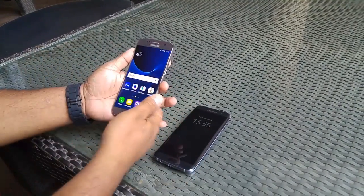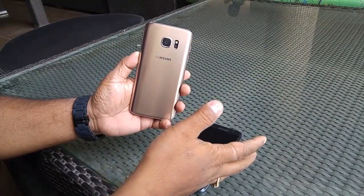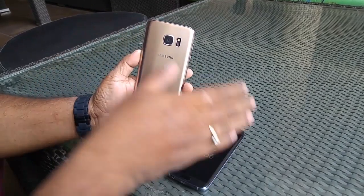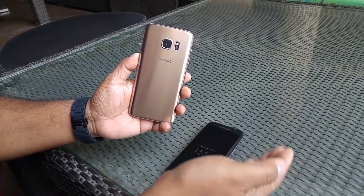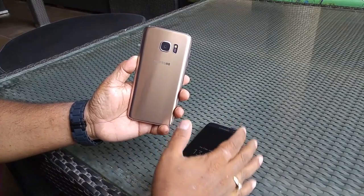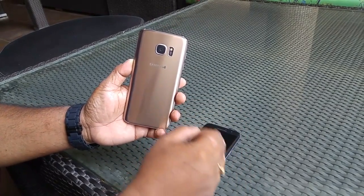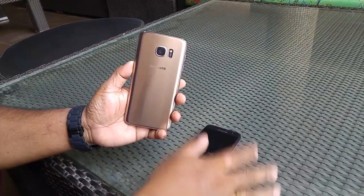A 5 MP front camera and then a 12 MP back camera. Now note that the previous Galaxy S had a 16 MP camera. This one has 12 MP. They trimmed down the resolution because they made the pixels bigger, 1.4 microns. It also has a slightly bigger sensor size, 1/2.6 inch, and the same f/1.7 aperture. It's a very fast aperture both on the back as well as on the front camera on both these devices,